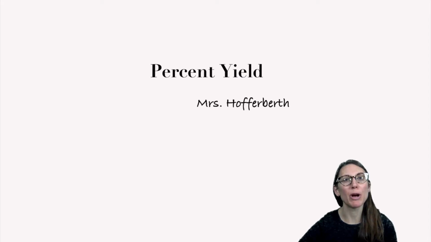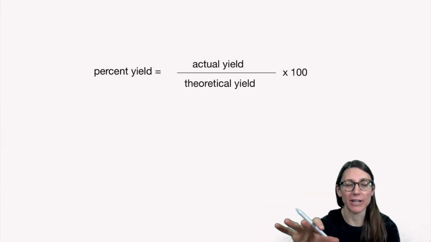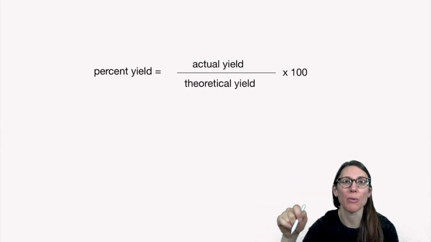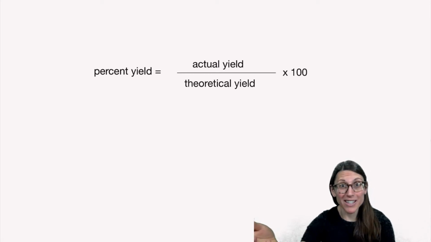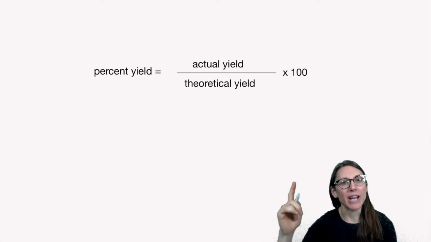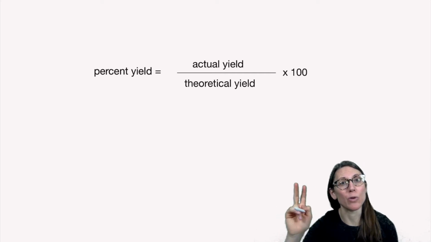Hey folks, let's talk about percent yield calculations today. Here's the thing, when you do a chemical reaction, you put in your reactants and you can predict using stoichiometry how much product you should make, but sometimes should isn't what happens. Either the reaction doesn't go to completion, you end up losing some as part of when you go to isolate